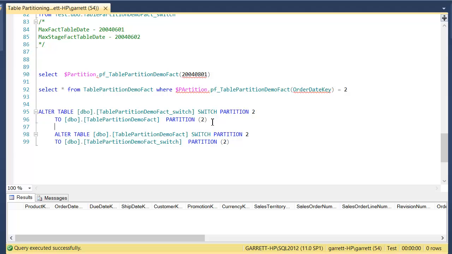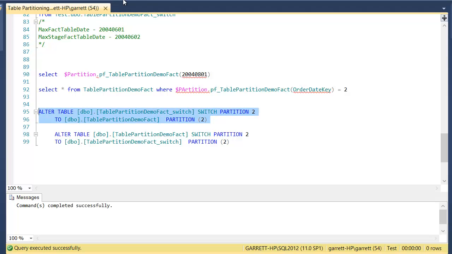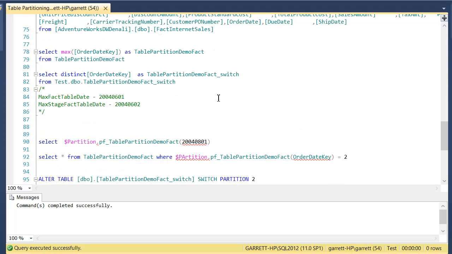And when I run this, what happens is a metadata operation, a pointer operation, that instead of pointing partition number 2 of that fact table where it was, it now points to the switch table, and the switch table to the fact table partition. And so the end result is when I query this now, my max order date, instead of previously